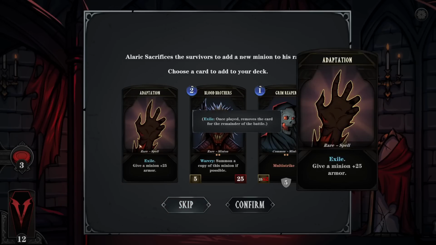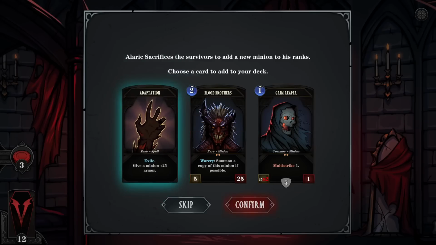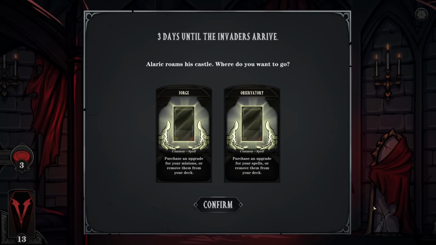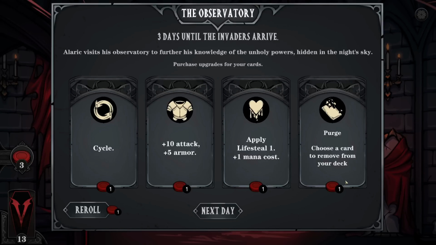Rare spell, Exile, give a minion plus 25 armor. It says it has Exile, which means that it leaves the deck after you play it. I think this is fine to take. It costs no mana. It's pretty strong, really. So, spell upgrades again. Uh-oh. Plus 10 attack, plus 10 armor. That's a pretty nice one to have. Maybe I take that one, then we roll and see if we can get...